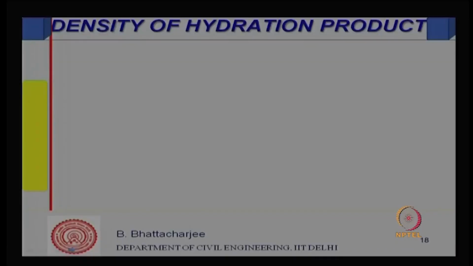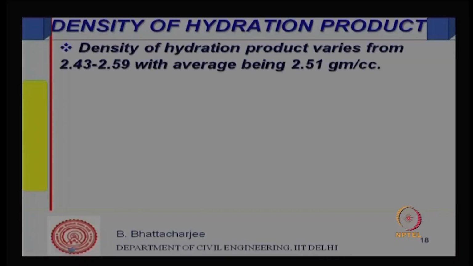13 years is a very long time, after that there was practically no hydration. So, stoichiometrically we can say that 1 gram of cement requires 0.23 grams of water for complete reaction, all right. So, this is one piece of information. Another piece of information that became available from early experiments in the 1950s is that the density of the hydration product,